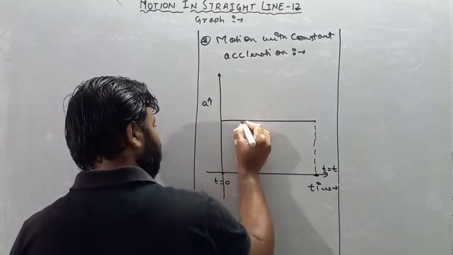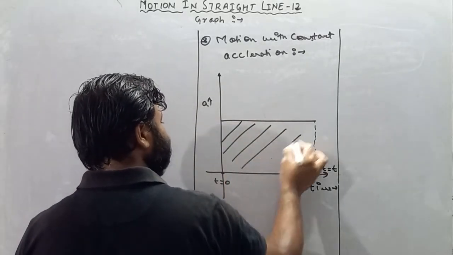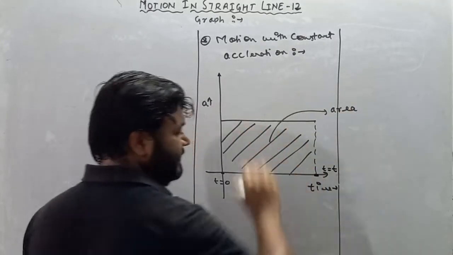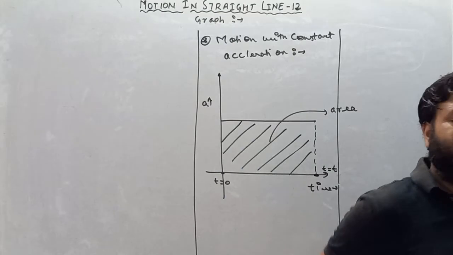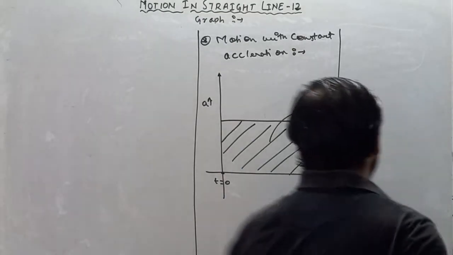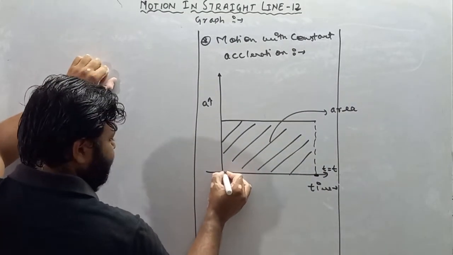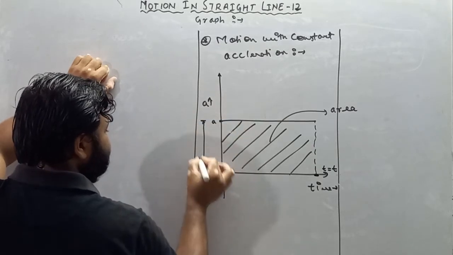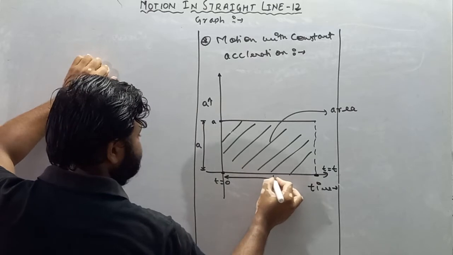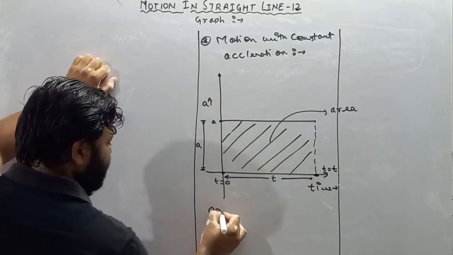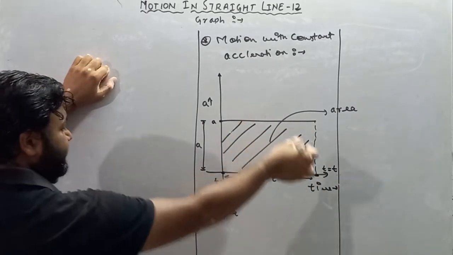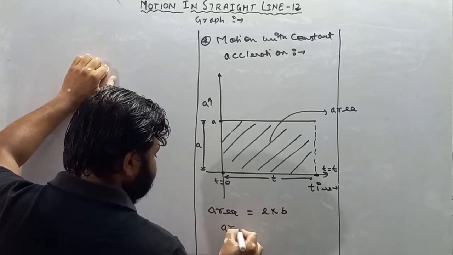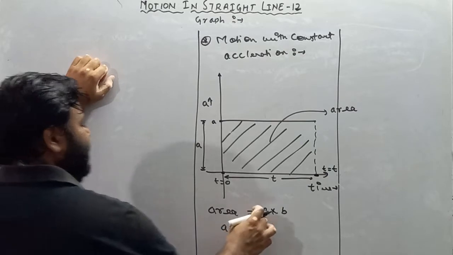Now see, my dear student, from t equals 0 to t equals t, the particle covers an area, and we know that it forms a rectangle. And about the rectangle, let's say at this point here a is also 0. Let's suppose here a is a, this distance must be a and this distance must be t. So the area of the rectangle is nothing but L into B. So area is equal to L into B.